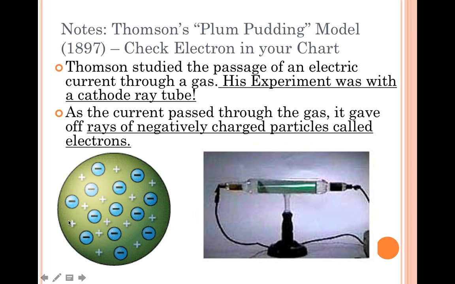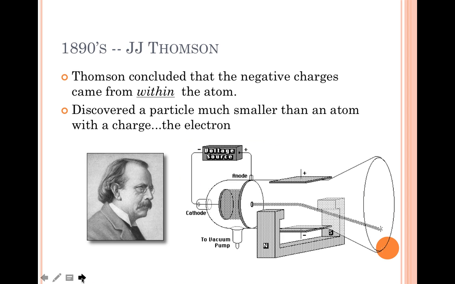So he proposed this model, and you can draw it, that essentially was thought of as plum pudding. We sometimes now call it chocolate chip cookie. In other words, the cookie part was all positive, and then you have these little negative electrons that are sort of like the chips that in the cathode ray tube were being knocked off and were causing this ray to form. So it was called the plum pudding model or the chocolate chip cookie model. We know this isn't what an atom looks like, but this is the first time we realized that atoms were not indivisible. That's why you'll check off electron on your chart.